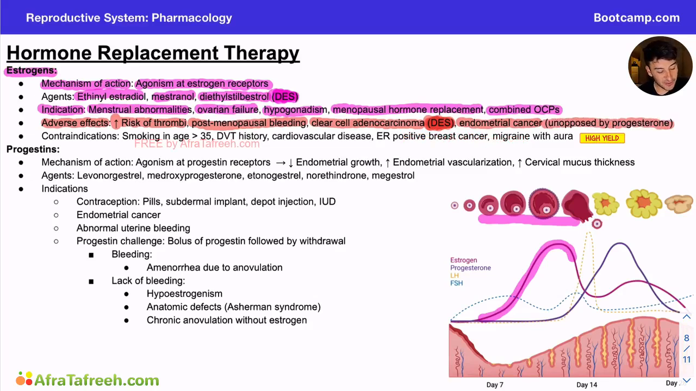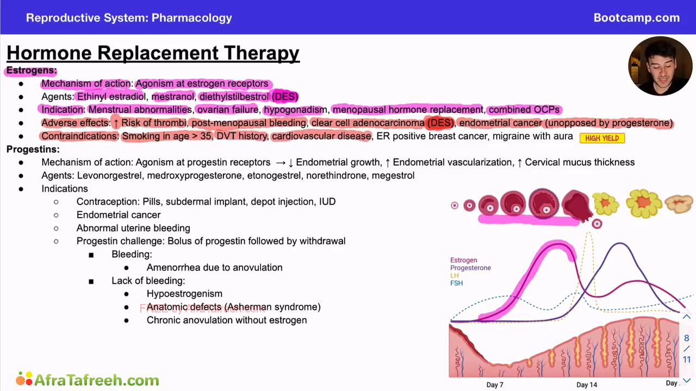Now, in terms of our contraindications for estrogen therapy, this really has to do with the prothrombotic effects of estrogen as well as the estrogen agonism effects at estrogen-sensitive tumors. So it's important to know that estrogen is prothrombotic, so you're going to want to avoid it in patients who are smoking at age greater than 35 because we know that smoking can increase the risk of things like DVTs and blood clots, and when combined with estrogen, this risk gets really, really high. So anyone with a smoking history or a DVT history, cardiovascular disease, we want to avoid supplemental estrogen therapy in